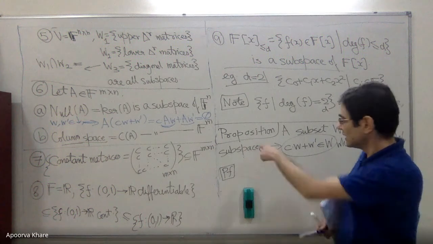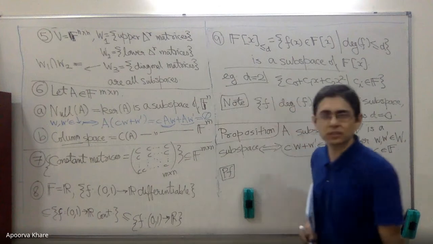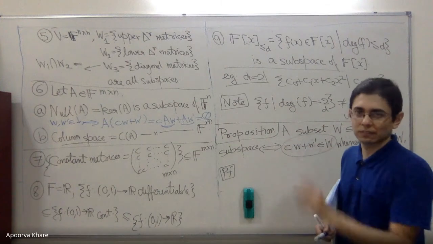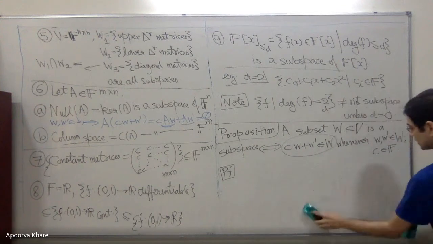Because of that, this lemma is very, very useful in checking that every one of these examples is indeed a subspace of the given vector space. Okay, the proof also is very easy. So suppose